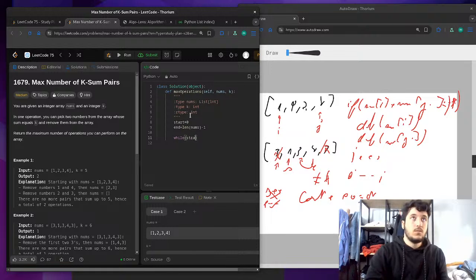While start is lower than end, I'm gonna check if nums of start plus nums of end equal k, then we're gonna delete